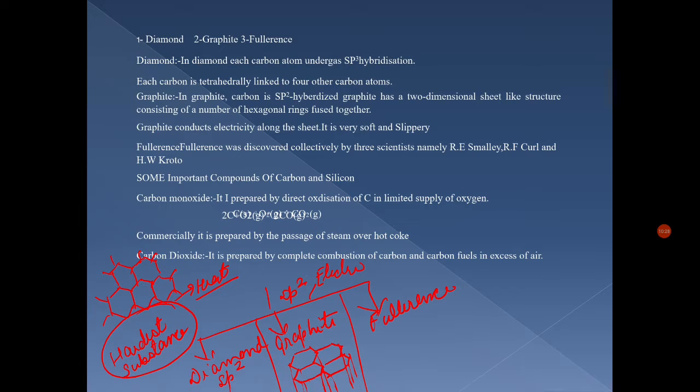Fullerenes are the only pure form of carbon because they have a smooth structure without dangling bonds. Fullerenes are cage-like molecules. The carbon 60 molecule has a shape like a soccer ball, and it is called buckminsterfullerene. It was first discovered by an architect, and it is named after his name. This is also called fullerene.